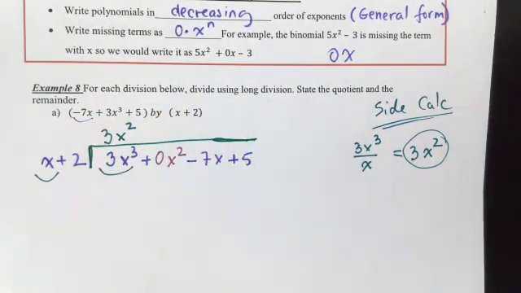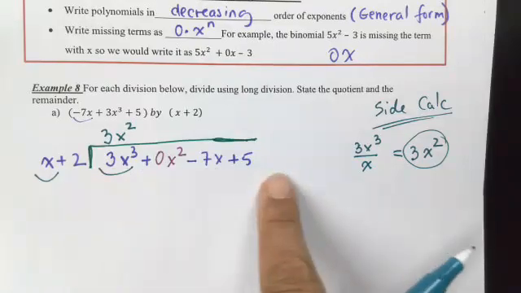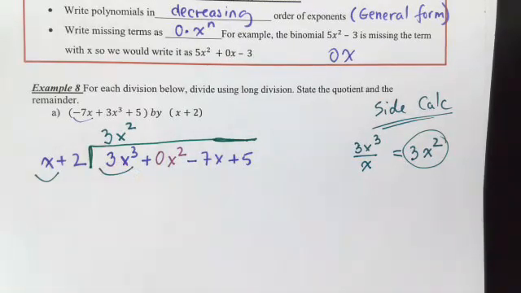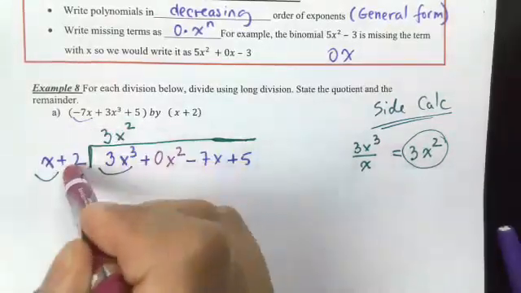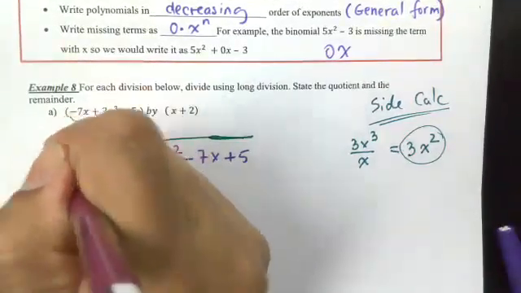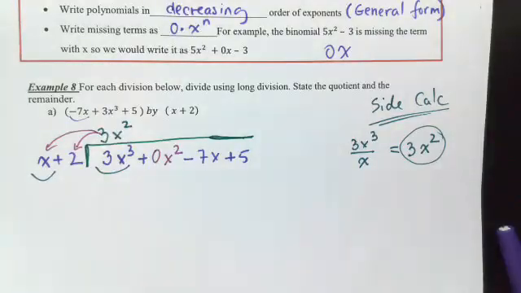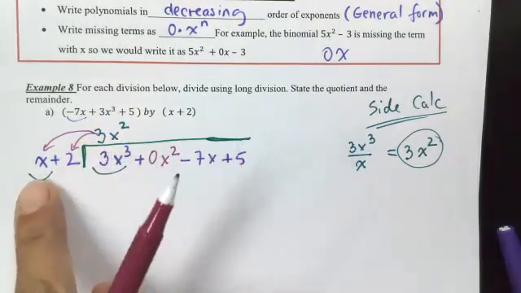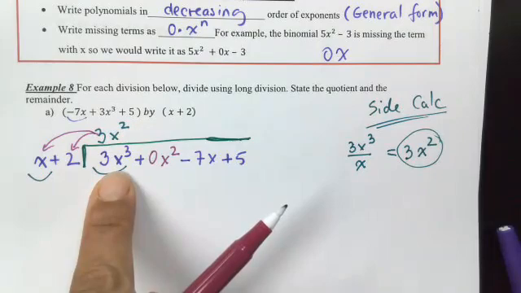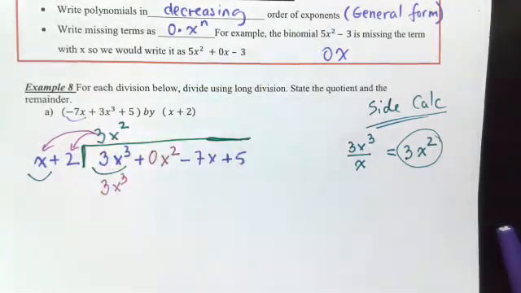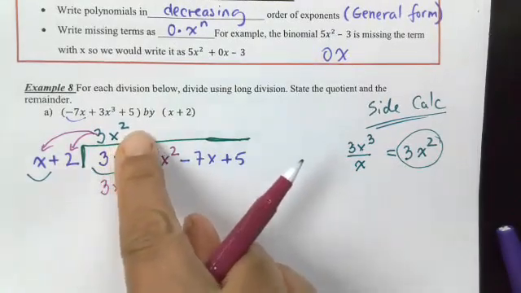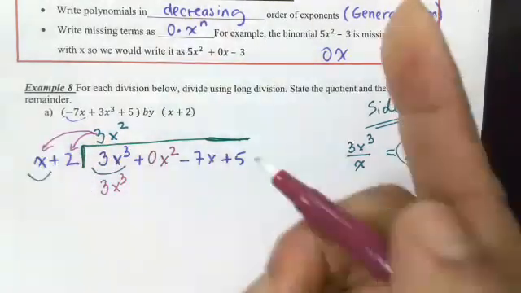Now we have to have a way to continue this and keep reducing this polynomial until we cannot reduce it any further. And the way we do that, we're going to multiply the 3x squared with each term of the divisor. So we do this distribution. That's our third step of the algorithm. So 3x squared times x, we have to get exactly the same term we started with, which is 3x cubed. And then we do 3x squared times 2x, which we're going to get